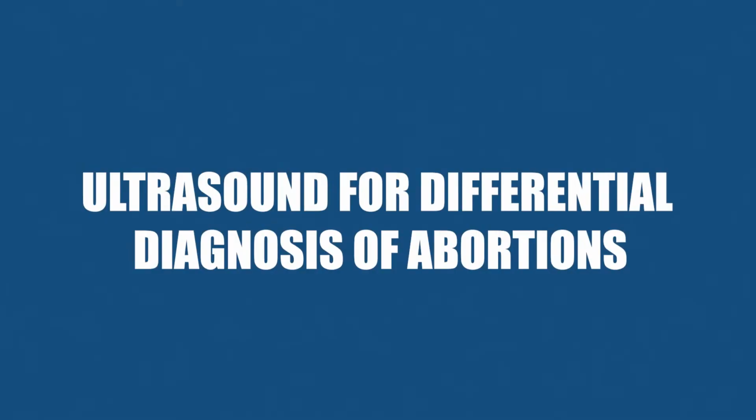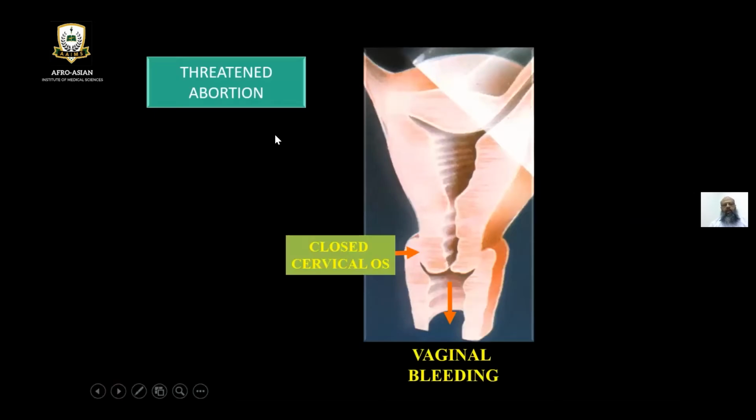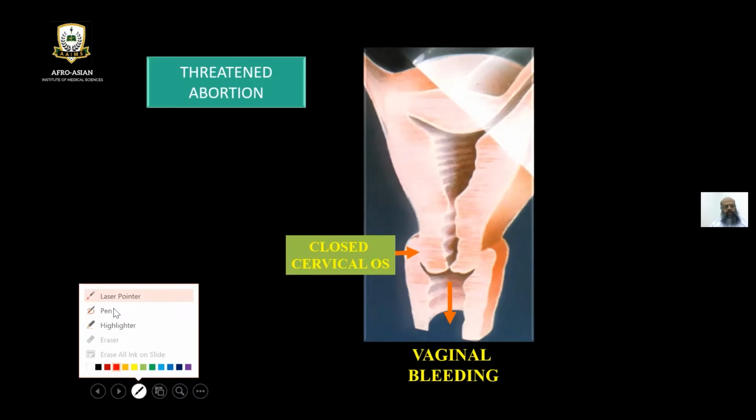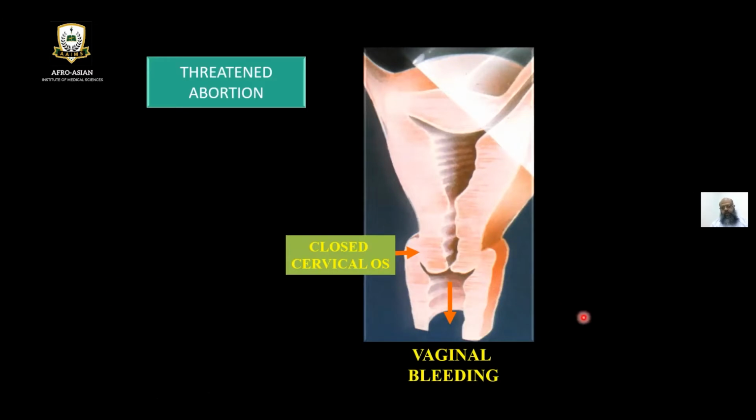Ultrasound differential diagnosis of abortions. If we think about different types of abortions, the first abortion which comes to my mind is threatened abortion. And if we look at the picture here, you can see this is how we scan, and this is closed